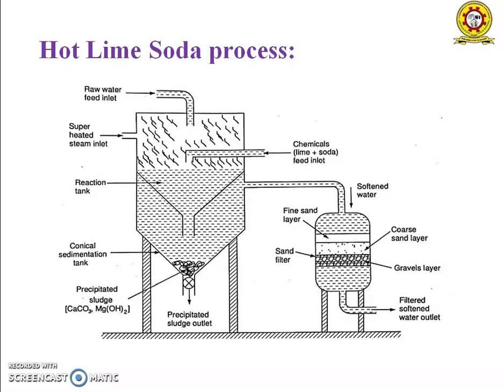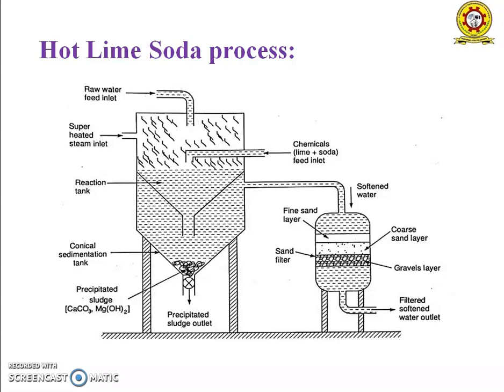And the advantages of the hot lime process are: this process is economical. It is capable of treating large quantities of water in a relatively small unit. The pH of the water rises, which improves the corrosion resistance of the water. Silicon is effectively removed from the water. The size of the settling tank is reduced as the precipitate is larger in size and settles more quickly.